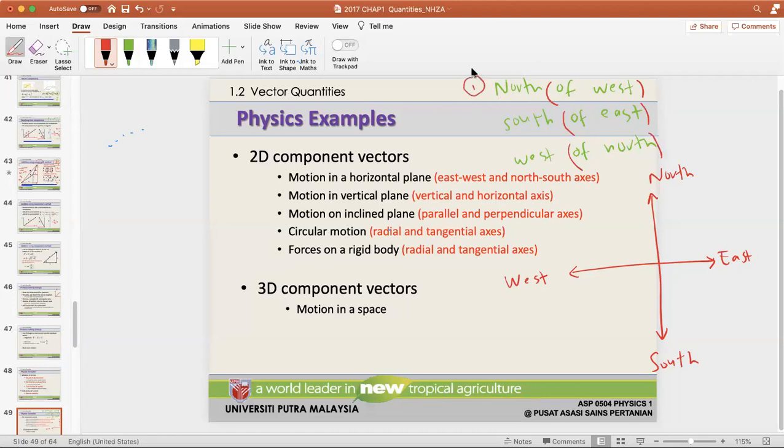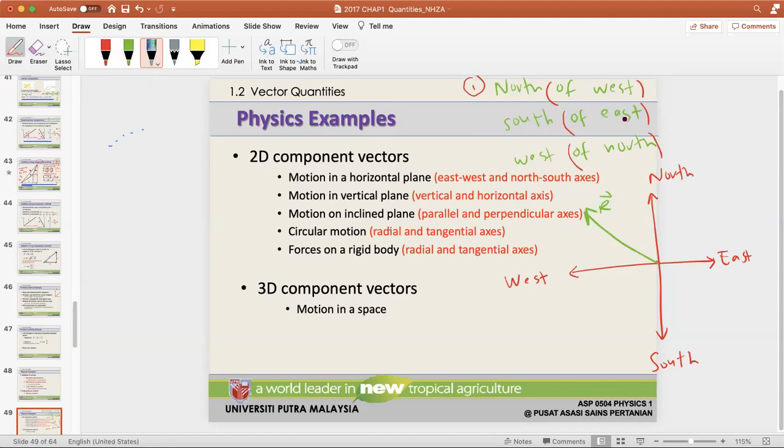The first one, north of west. So "of west": I'm going in the west direction, and north. I'm going in the west direction, but I want to go north as well. So this is how, if we walk with it, we want to go west but also want to go north. So it becomes a curve like this. But for the resultant, it is actually like this. That is what it means. West, but you're going north. Okay. So that's your first